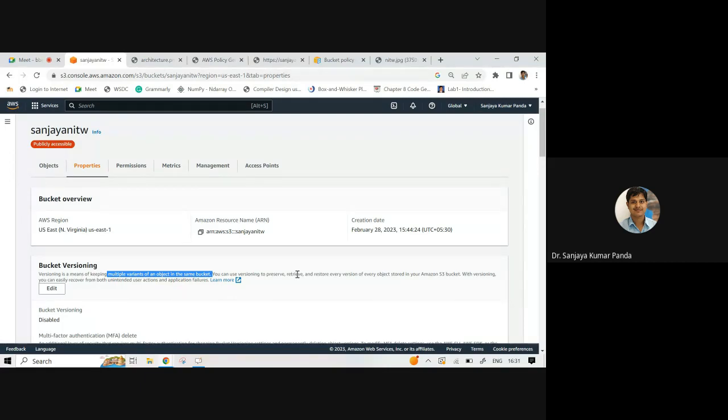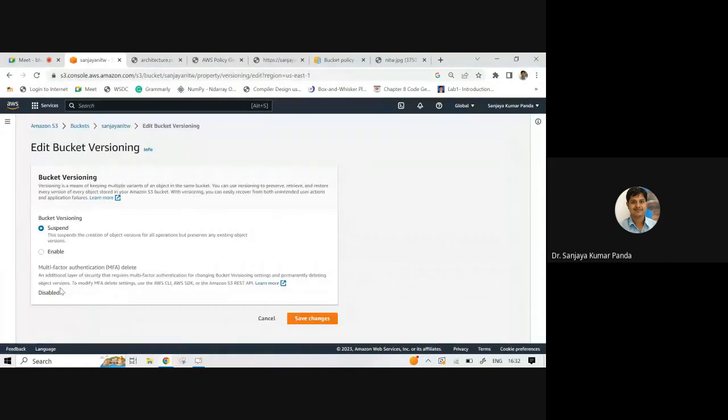So let us see how actually it works. With versioning, you can also easily recover from both unintended user actions and application failures. If an application fails, you can roll back to a previous state, which is also possible with versioning. So click edit, then previously by default it is suspended.